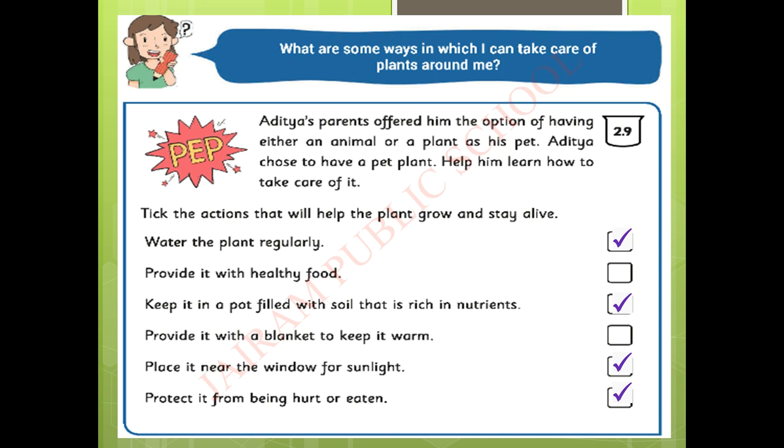Plants need clean air, enough water, nutritious soil and sufficient sunlight to make their own food and stay healthy. Yes, it's absolutely right. The plant needs clean air, only then it is able to absorb the air. It needs enough water, nutritious soil and sufficient sunlight to make its food and stay healthy. So these are the important factors for the plant to grow healthily.